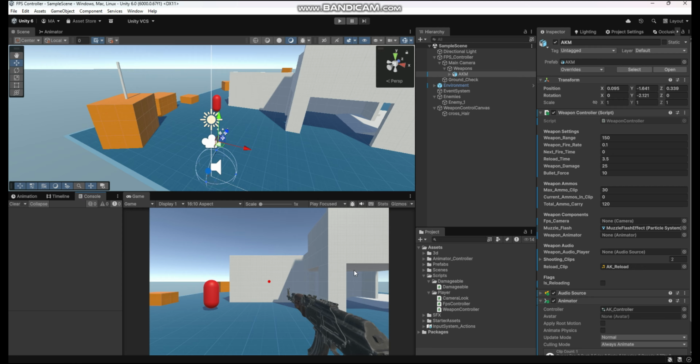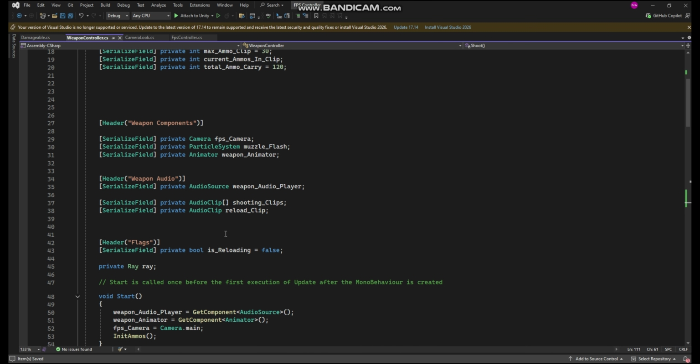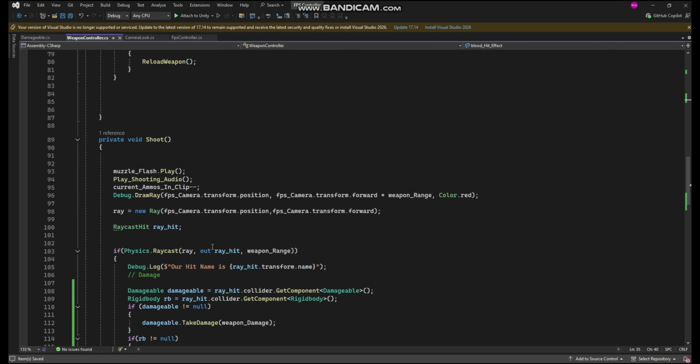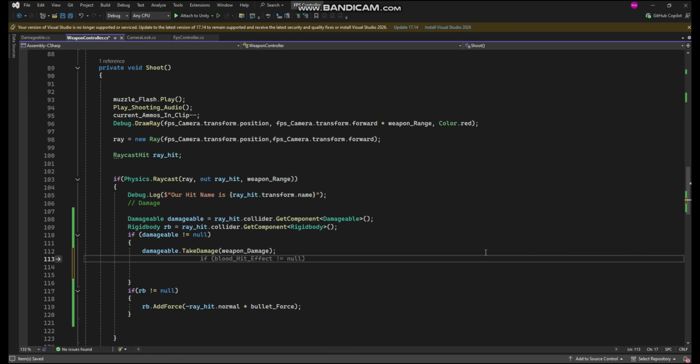When our bullet hits, the enemy takes damage correctly, but there's no visual hit feedback yet. So let's add a simple blood hit effect. Open up our weapon controller script. Let's create a new public GameObject blood hit effect. Now, inside our shooting method, after applying damage, I'm going to instantiate the blood effect.